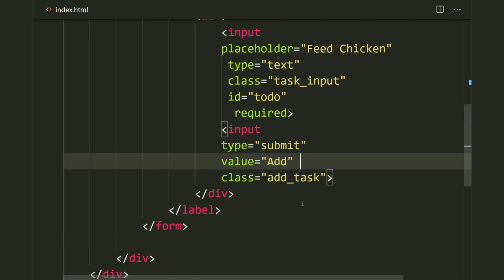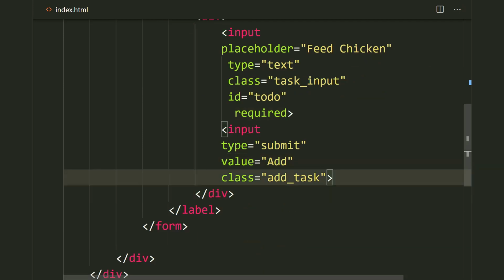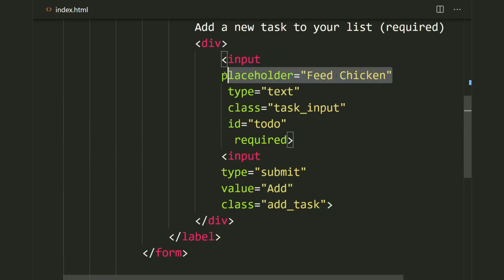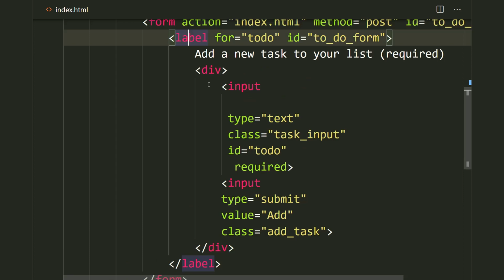So, what we're going to do is we're going to use good old-fashioned text, but we want to connect the text to the input field. So the way to do that, first of all, let's remove this terrible placeholder. So this is our input here, right? This is our button, this is our input. The way to do that is, since we're still in the label, okay, so all that is connected to the label.